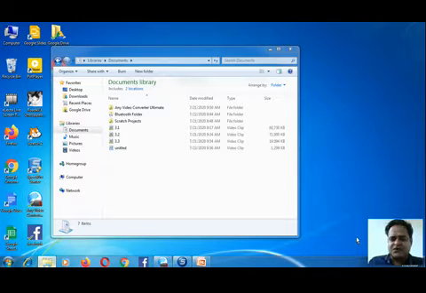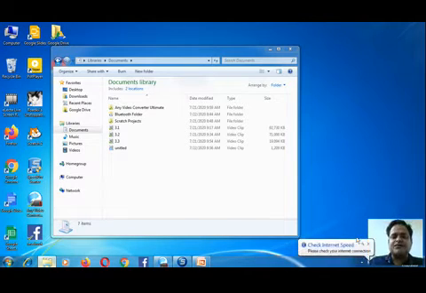Today we are going to start our next chapter, that is chapter number 6, slide organization in PowerPoint. In our previous chapter we have learned about PowerPoint, how to make slides, how to edit, how to format and how to run the slideshow. Now in this chapter we are going to learn about slide organization.